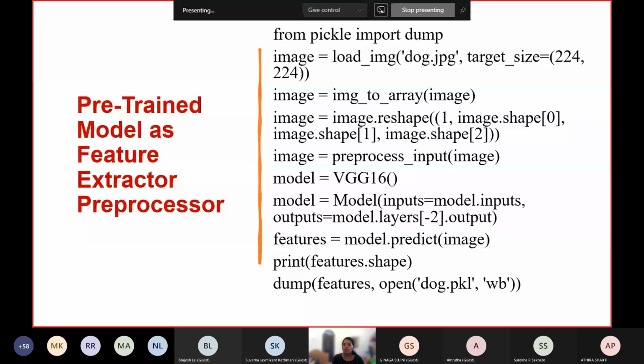So if you want to use your pre-trained model just to extract the features, in that case, here you can see the model is loaded, and this is an input image of the dog. All those steps we have already seen. I'm going to use my pre-trained model to get the features of the dog. So I'm loading the image, converting my image to an array of pixels, reshaping my image, pre-processing my input,